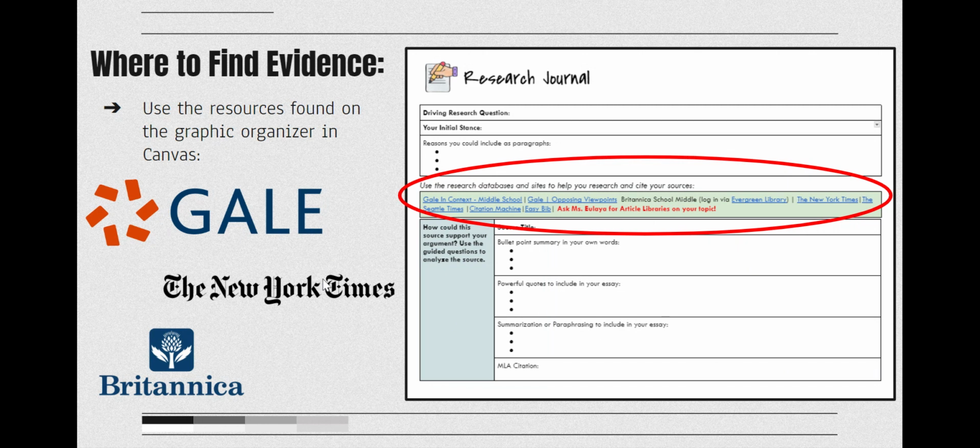But after you complete this video, you're going to move into the quiz for this topic on how to choose evidence correctly. And then you will have access to your research journal and you can start finding evidence. Remember that your evidence should be relevant, sufficient, and credible. See you next time.